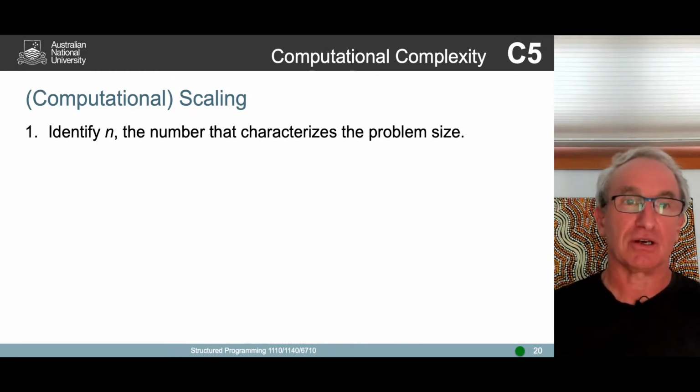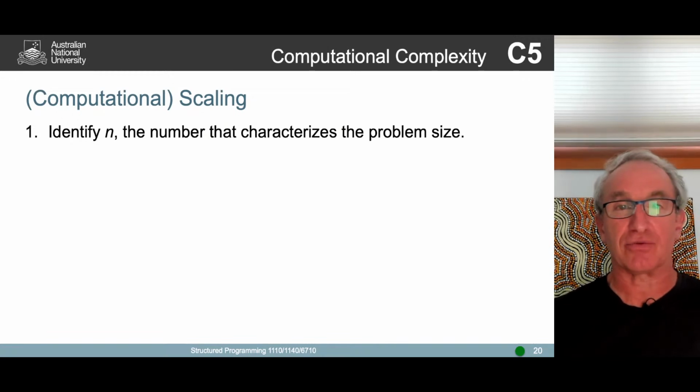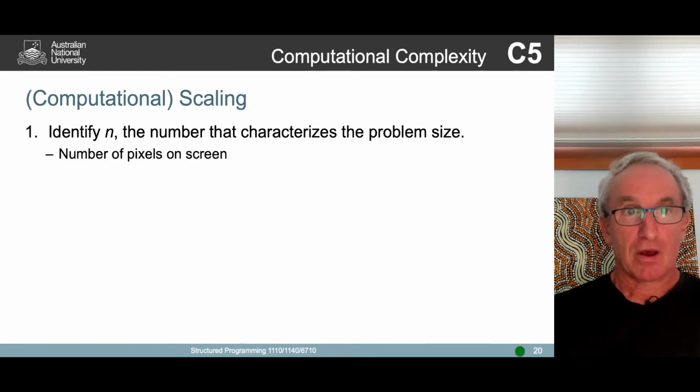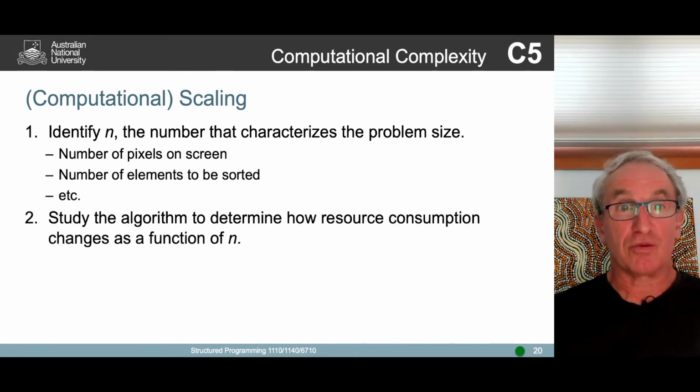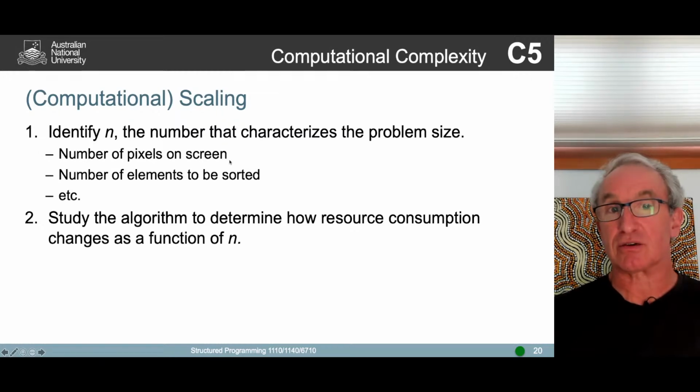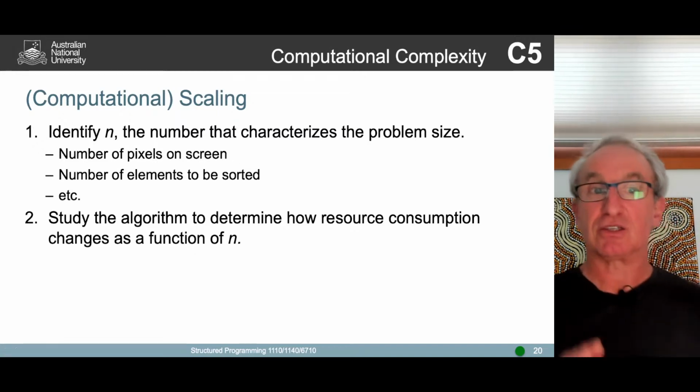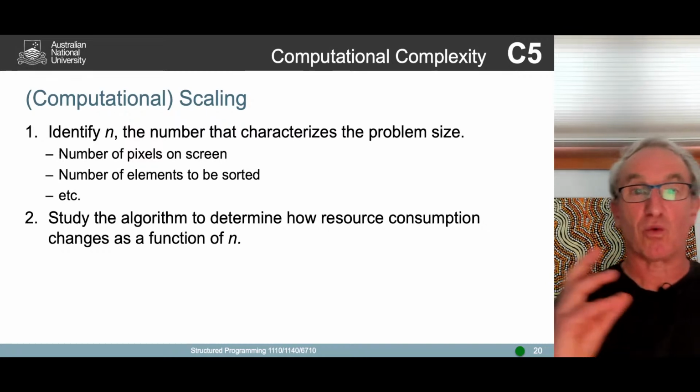So n is 8 in the context of the 8 different types of fruit, and it's 1 billion in the context of the population of a country. So it could be something like the number of pixels on a screen, or the number of elements to be sorted. Interestingly enough, if you think about the pixels on a screen, it could also be the x dimension of the screen, which is actually the square root of the number of pixels, right? So it depends entirely on what the algorithm is as to what the right measure for the problem size is,